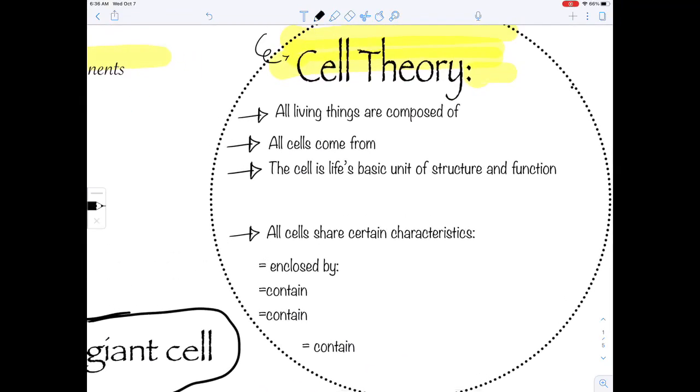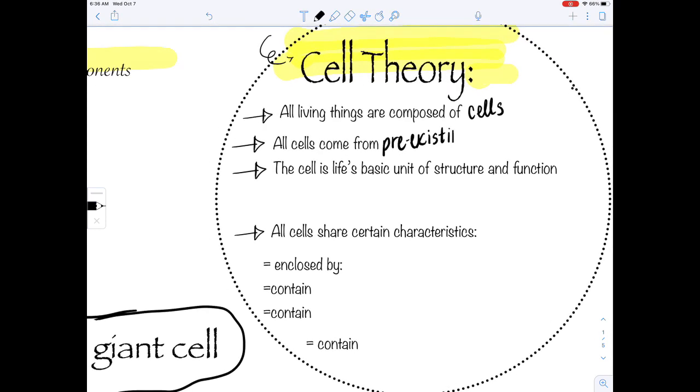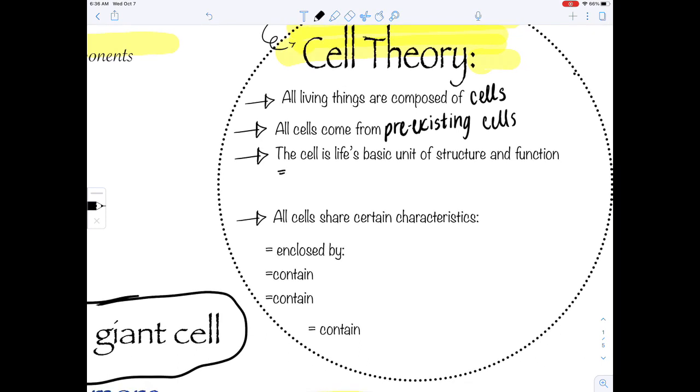Alright guys, let's go ahead and look at our cell theory. We know that all living things are composed of cells. All cells come from pre-existing cells. The cell is our basic unit of structure and function. That means that this is the smallest unit of living material that can carry out all activities that are necessary